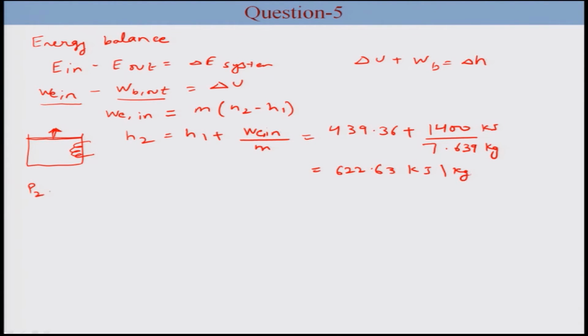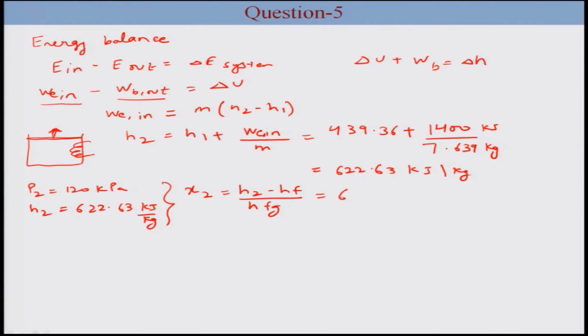It is also known that the pressure at state 2 is 120 kilopascal and H2 is 622.63 kilojoule per kg. So from here we can calculate X2. X2 is equal to H2 minus HF divided by HFG. Taking the value of HFG at 120 kilopascal from the previous table by interpolation, we get the value of X2. So this is equal to 622.63 minus 439.36 divided by 2243.7